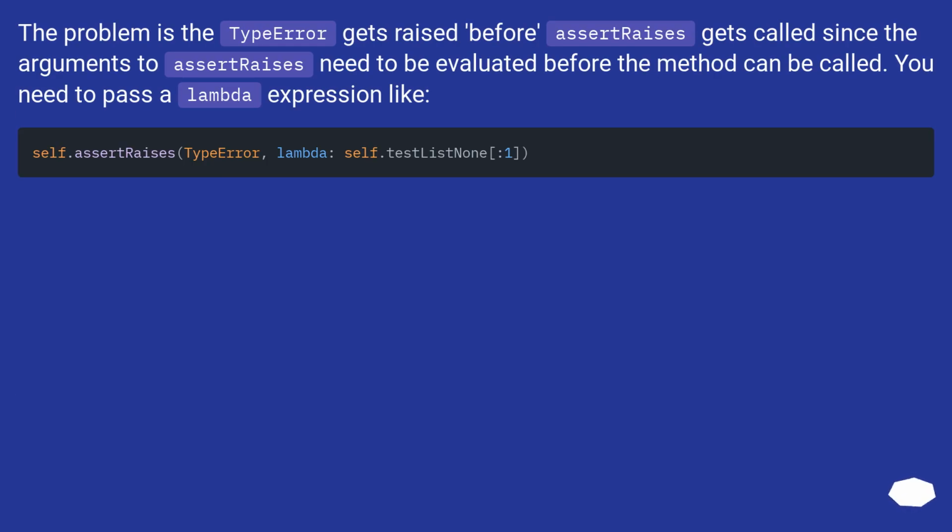The problem is the TypeError gets raised before assertRaises gets called, since the arguments to assertRaises need to be evaluated before the method can be called. You need to pass a lambda expression like